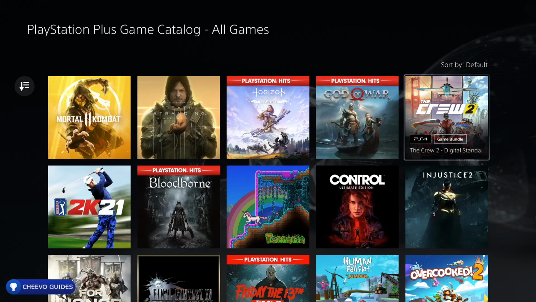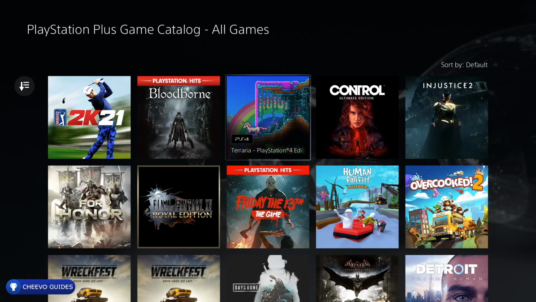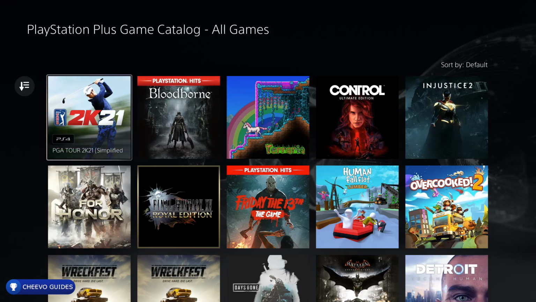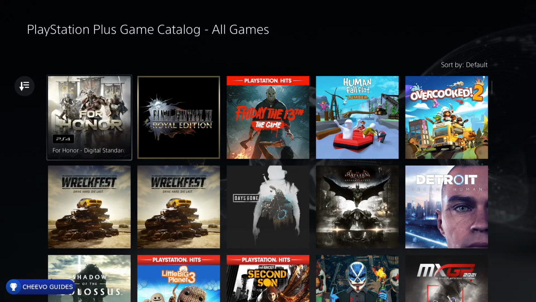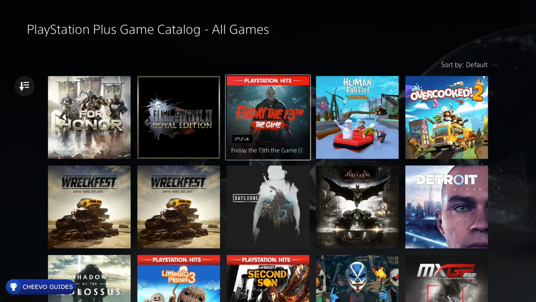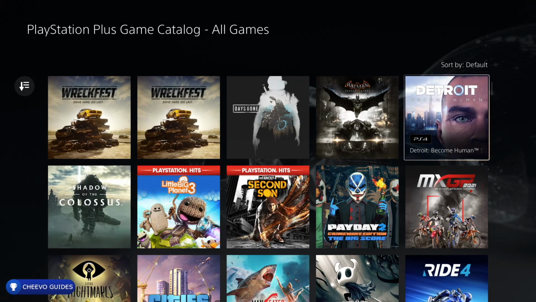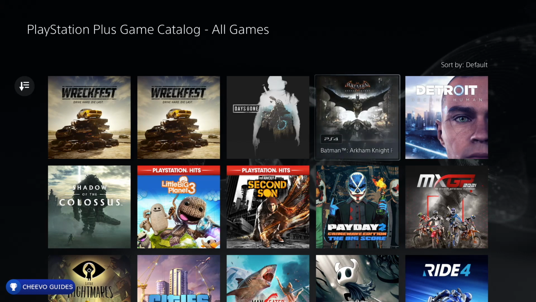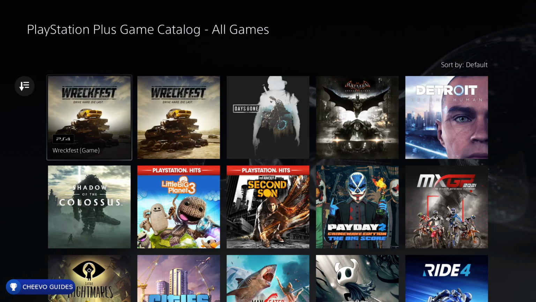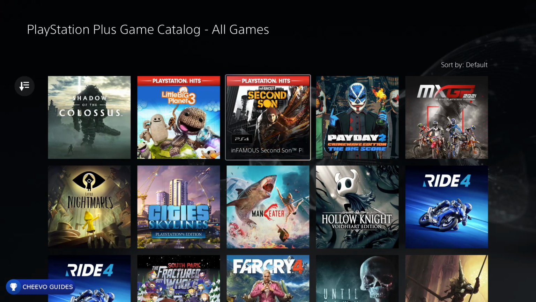And then we have God of War, The Crew 2, Injustice 2, Control Ultimate Edition for PS5, Terraria, Bloodborne, PGA Tour 2K21, For Honor, Final Fantasy 15 Royal Edition, Friday the 13th, Human Fall Flat, Overcooked 2, Detroit Become Human, Batman Arkham Knight, Days Gone, Wreckfest for PS5, Wreckfest for PS4, Shadow of the Colossus, Little Big Planet 3, Infamous Second Son, Payday 2,